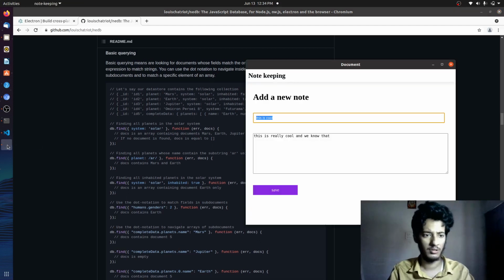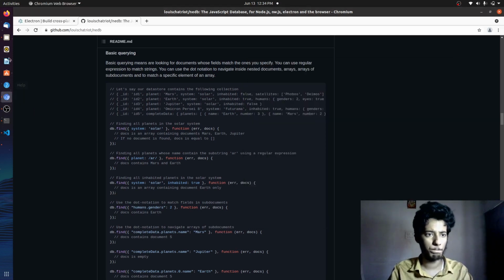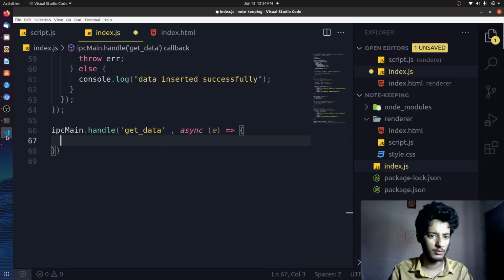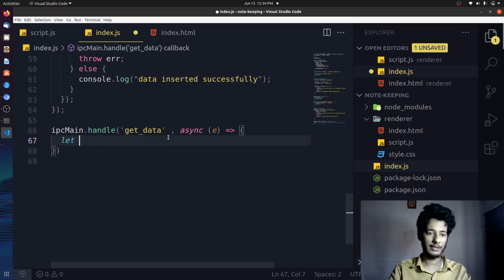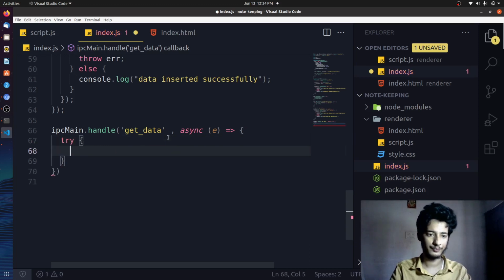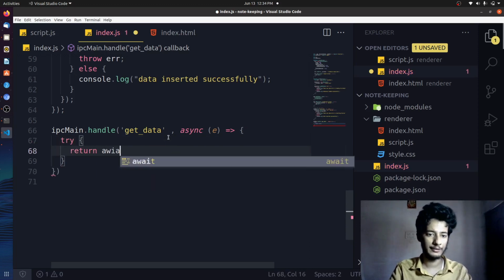Let's try to do it. If we can, it would be super cool. Where's that? It's here. Okay, so let's call it let data, let's call it nodes, or we can directly say try, return await